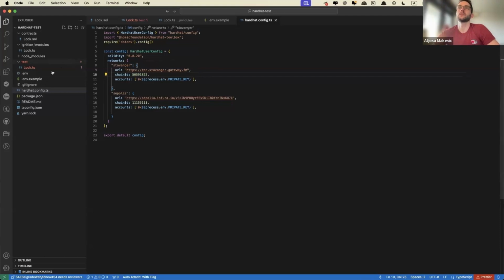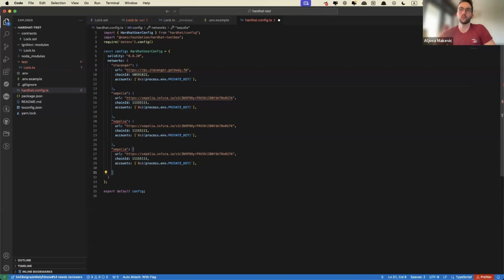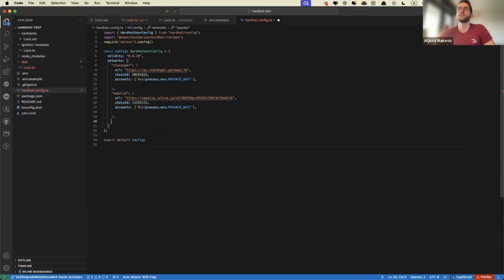And I'm going to stop myself from clicking the env and showing you my private key. I also added Sepolia, which is Ethereum's testnet, and you can add however many chains here you want. It's just a matter of what you're building. It would just have a different name, a different ID, etc.